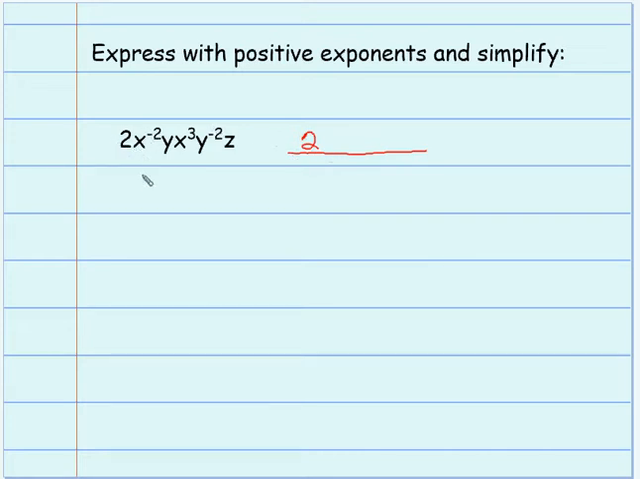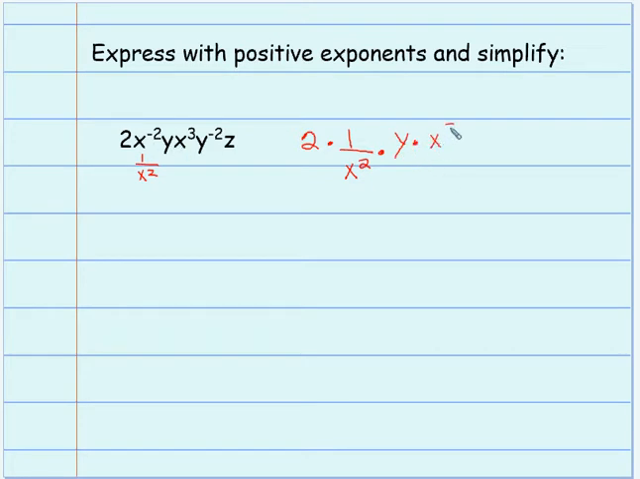x to the negative 2 would become 1 over x squared. So I can put the 1 up here, but I don't need to. But if you want to see that, we can put times 1 over x squared. And maybe I shouldn't have put the fraction bar up there. Let me fix that for you. Okay, we'll go 2 times 1 over x, and then the 2 becomes positive, so it's times 1 over x squared, times y, so I don't do anything with that,